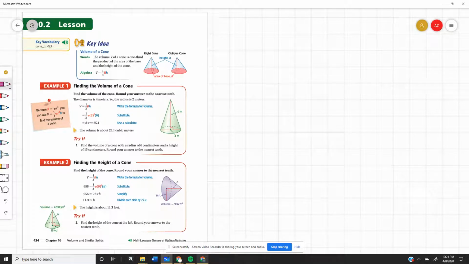So, when we look at example 1, we want to find the volume of the cone. We're going to round our answer to the nearest tenth. So they give us this cone and they tell us that the diameter is 4 right here and the height is 6. Now we need to find the area of the base. So A of B,